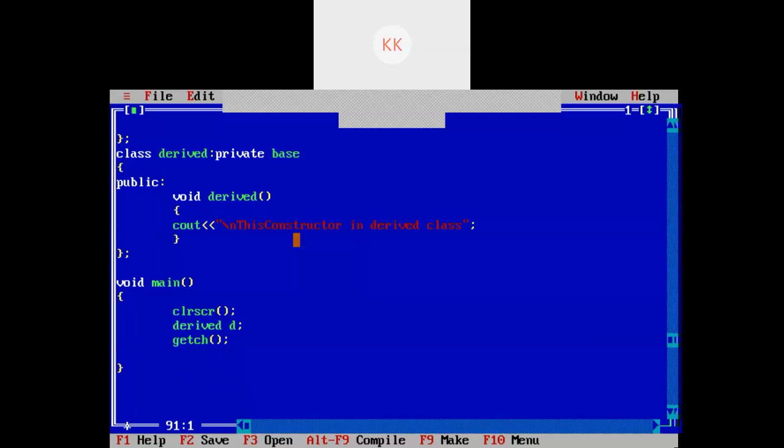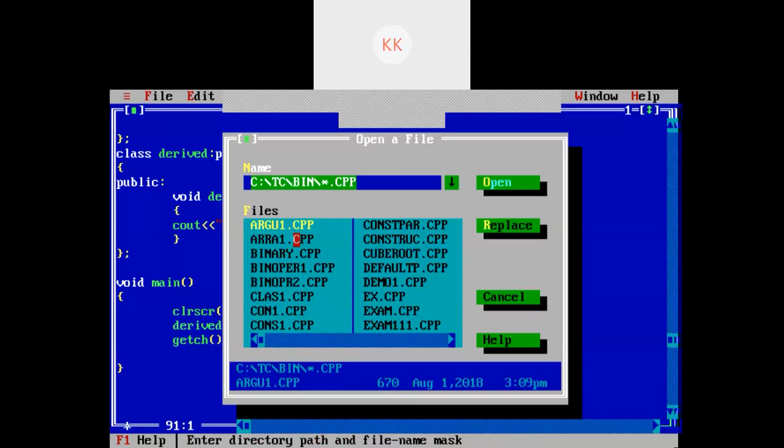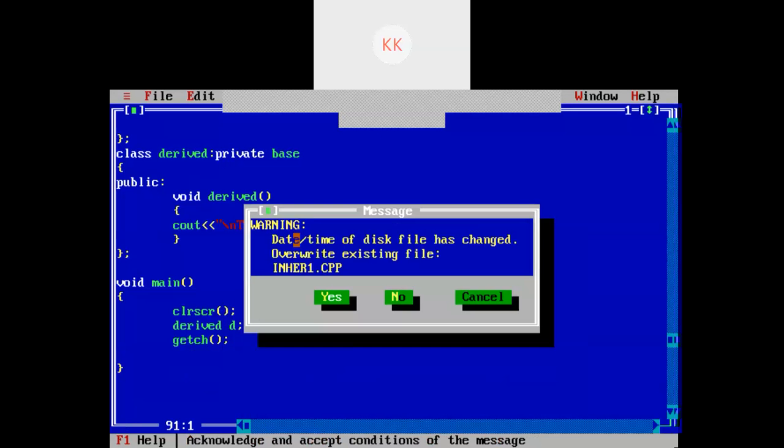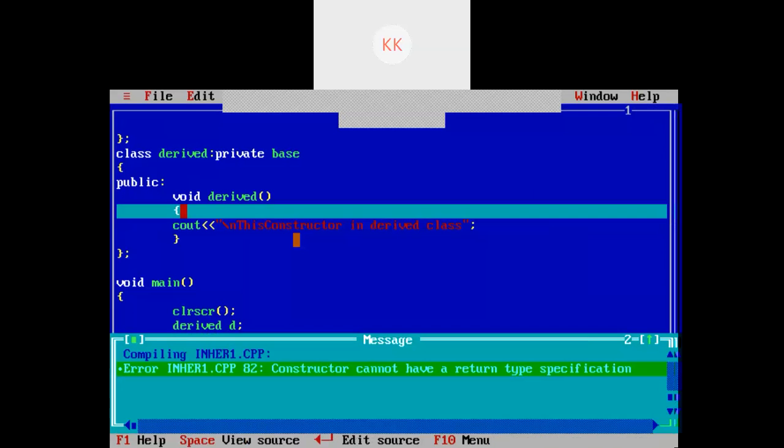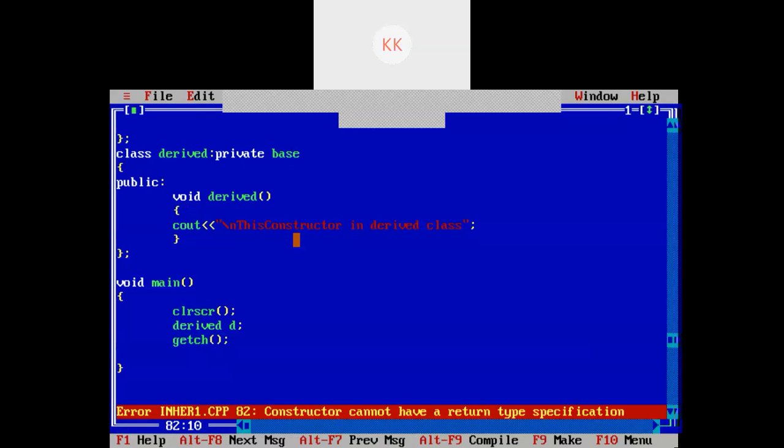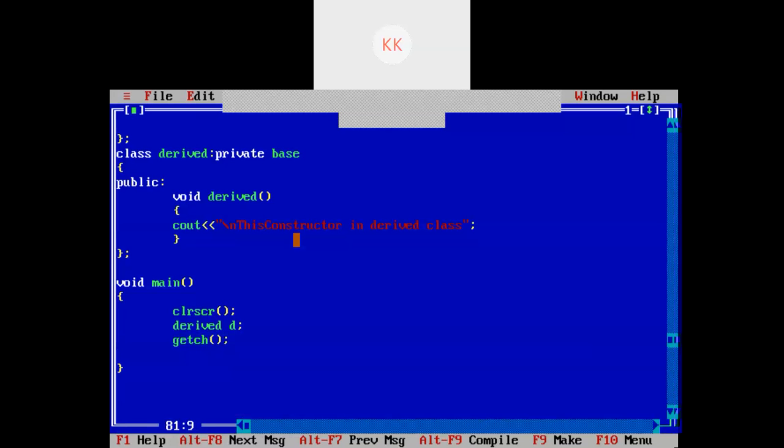Okay, so, yes, we will try to run it. I will run it and let's see.